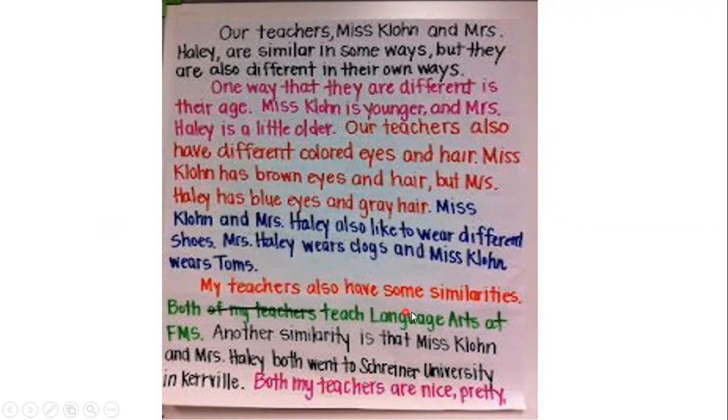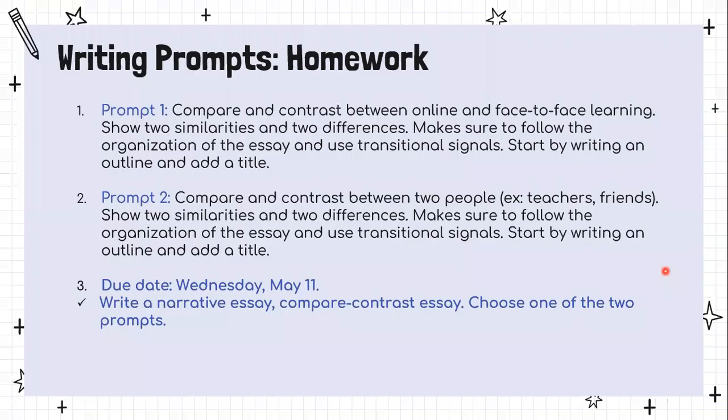Then my teachers have similarities. Both of them teach language arts at FMS. Another similarity is that this teacher went to this university and the other teacher also went to this university. Both of them are pretty. So here they're sharing differences, here they're sharing similarities. And then we should have the conclusion in which we conclude that these are both teachers, but they still have differences. Okay,